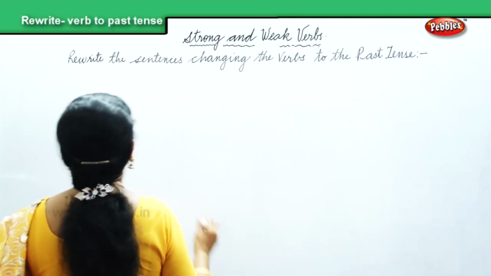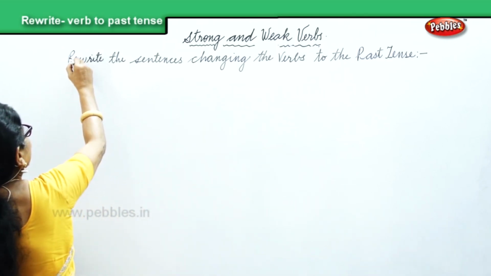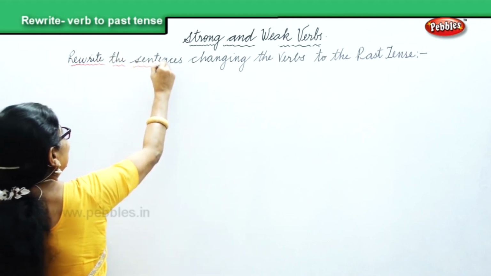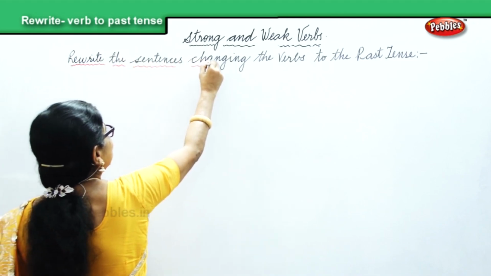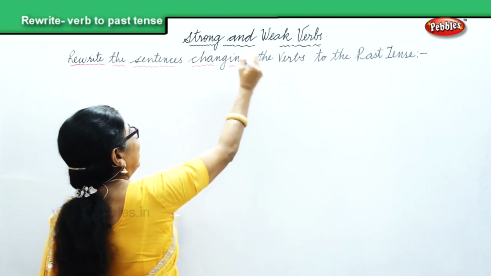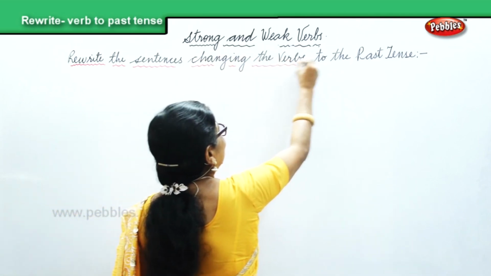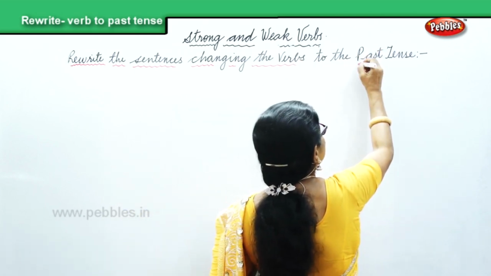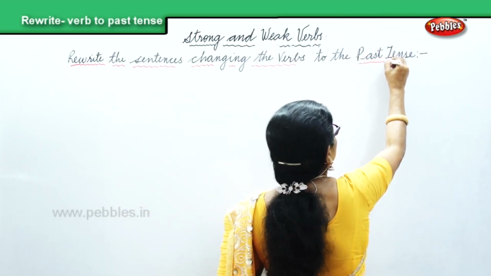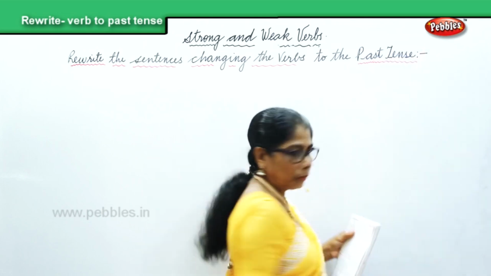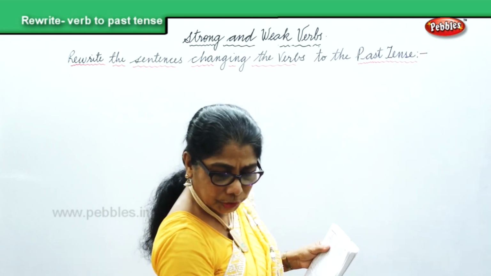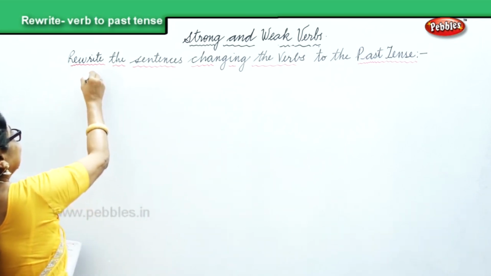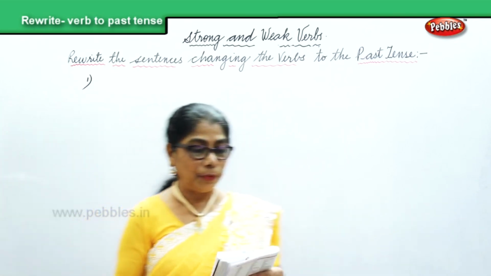What are we doing here? We are going to rewrite. I'll write the sentence, then you read the sentence. We are going to identify and change the verbs into the past tense. Okay? So let me write the sentence for you so that you can change. Now, look at the first sentence I have here. The first sentence that I'm going to write here is,